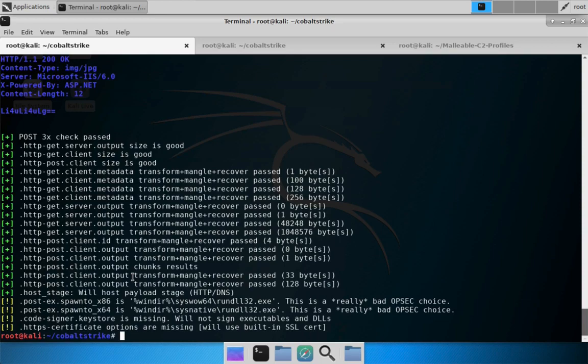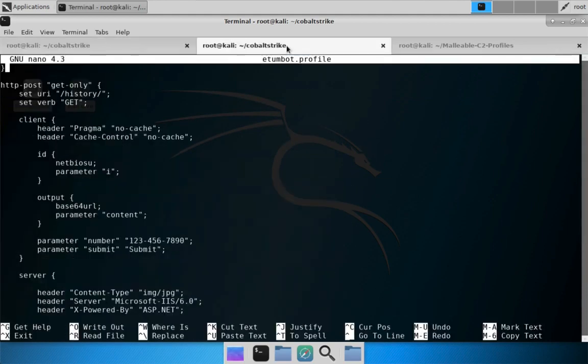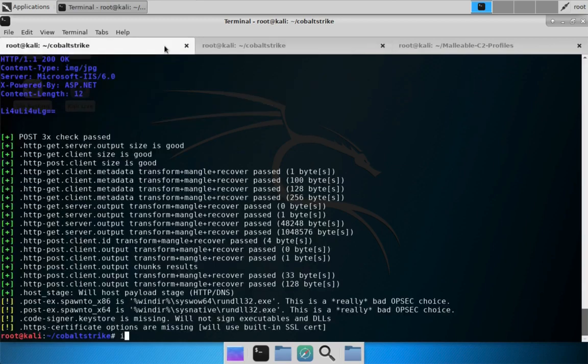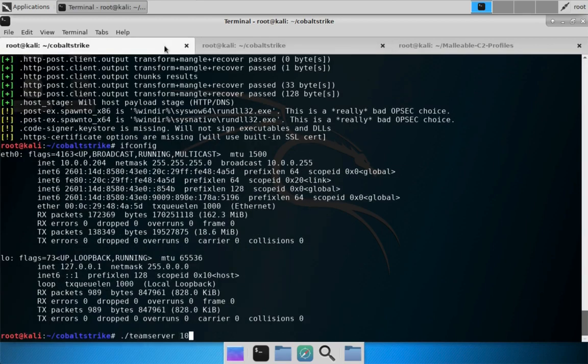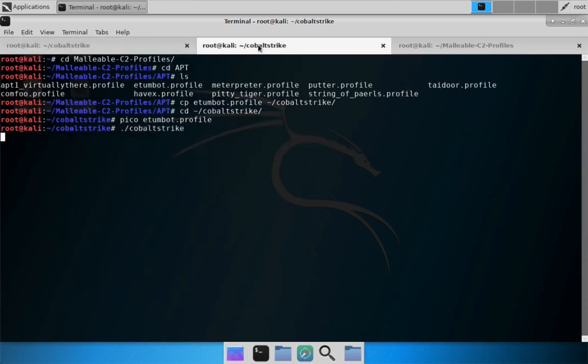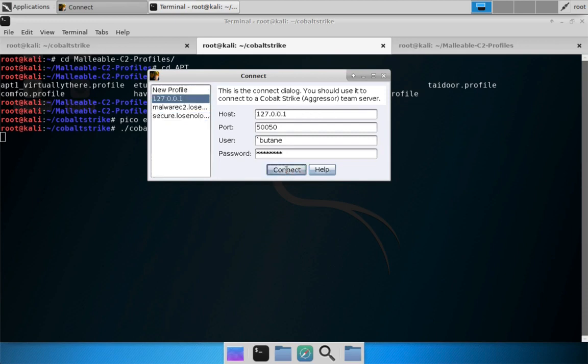All right, very exciting, right? Let's try this out and take a look at some of this traffic in Wireshark. So first, I'm going to start a team server. Actually, we'll do it right here. So starting up a team server, password, eTimbot.profile. We'll start up our Cobalt Strike client, connect to localhost,